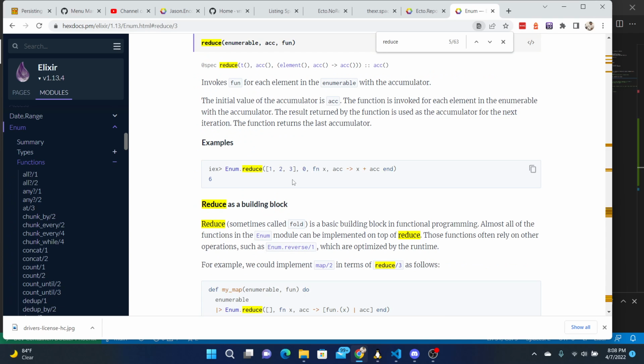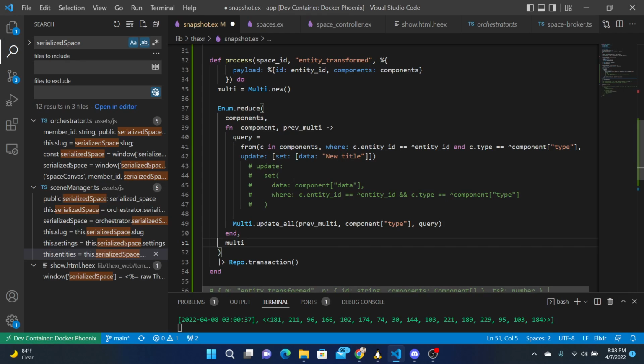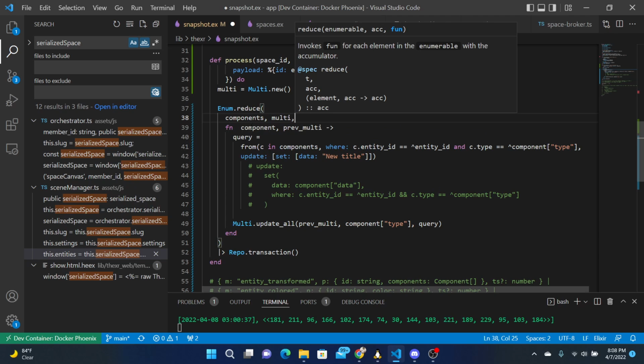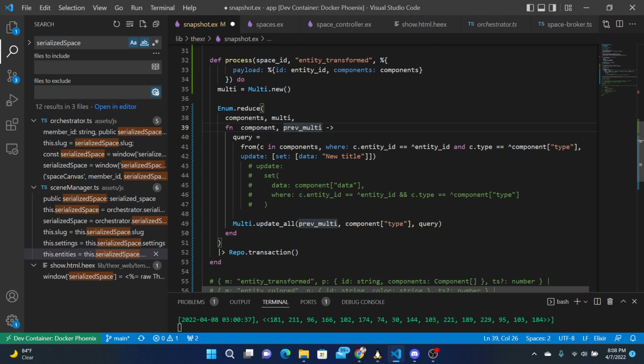Okay. Yeah, this is different than JavaScript. So you have the enumerator, the accumulator, and then the function. Got it. Okay. So we're going to want this. In other words, you want the function last, right? So enumerator, accumulator. The multi, right? Yeah. Okay. Followed by enumerator and then the accumulator. Got it. And then this thing wants to set the new data to be